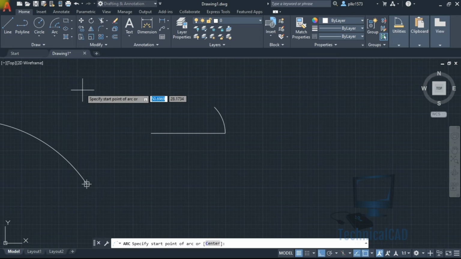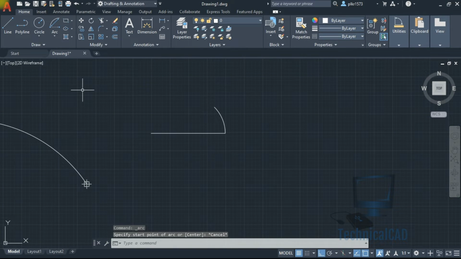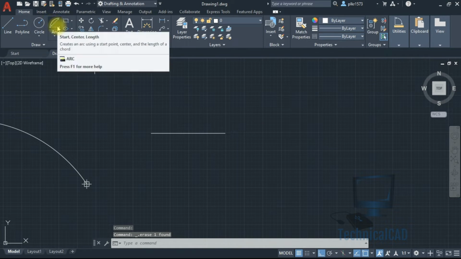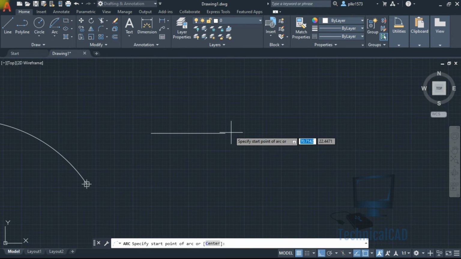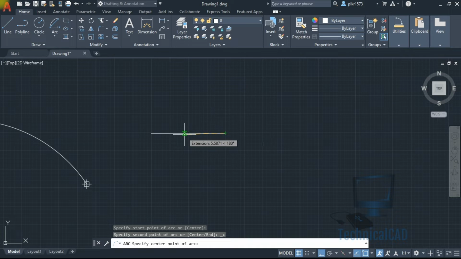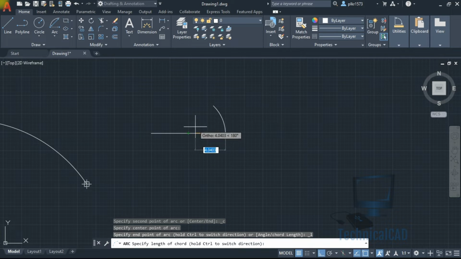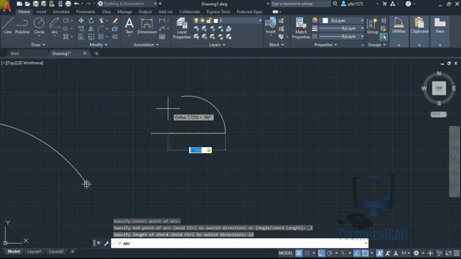Next, coming to start, center, length. Here length refers to the chord length. I will show you one. I will delete this one. Now go for start, center, length. This is my start point, center point, and now my length will be 5.